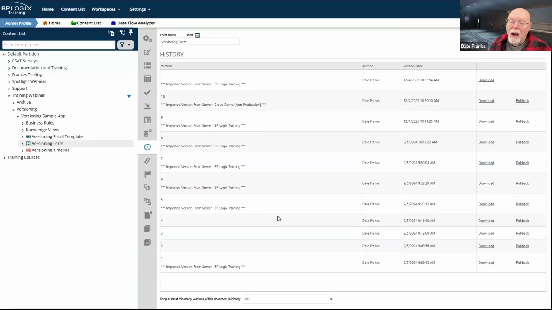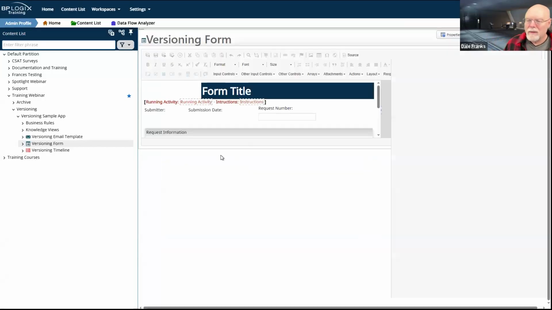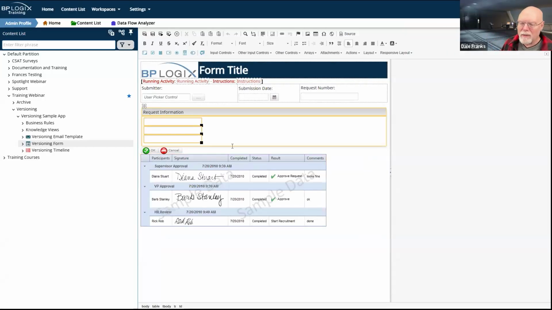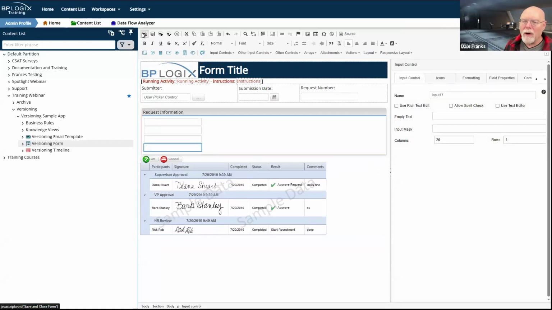But while I'm working, so if this was back here on 9.5, well, let's just go ahead and make a change. There's no reason to just talk about it. We go in here, we have these three. I'm just going to add a new form field, I guess. Well, I tabbed too far out of it. So we'll add another form field and we will save and close the form. So I now have this new form field called input 7 that's inside my information section.